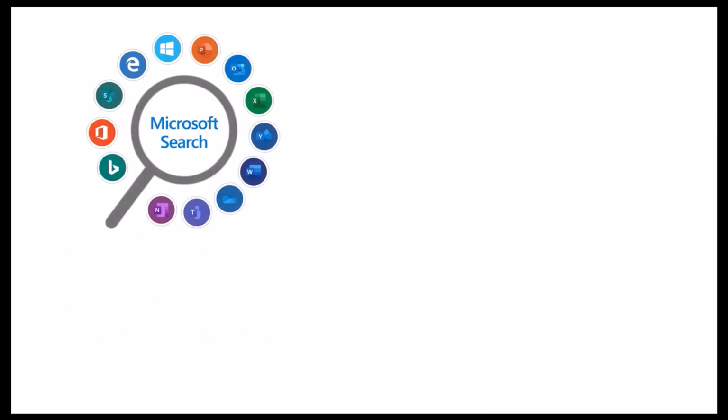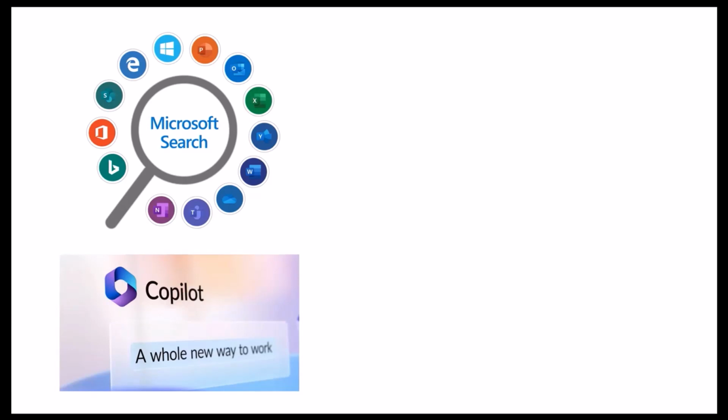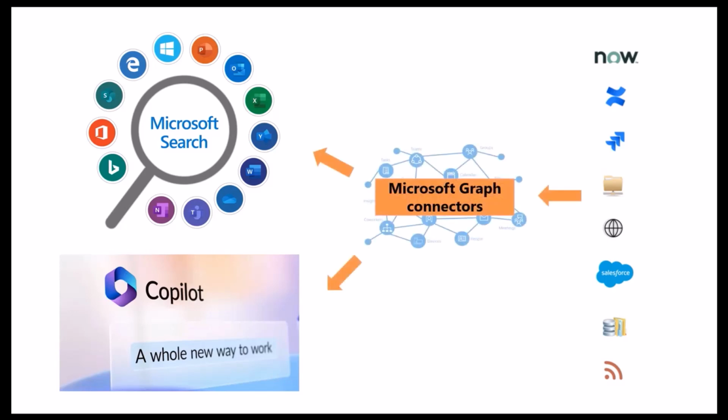So with existing enterprise search solutions like Microsoft Search and the advent of AI chatbots like Microsoft 365 Chat, otherwise known as Copilot, employees across organizations can now inquire on, synthesize, and discover their native Microsoft content. But what if I told you that they can also harness the power of search and AI to glean rich insights from all their data across multiple applications and silos. With the power of Microsoft Graph Connectors, now they can.